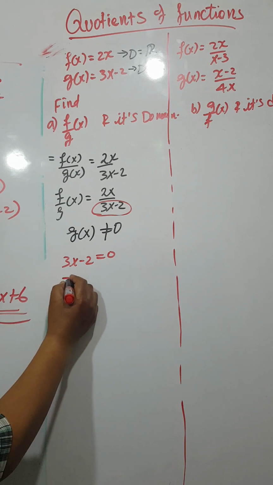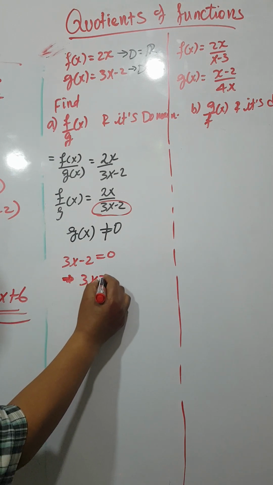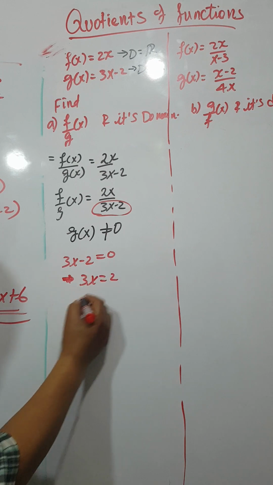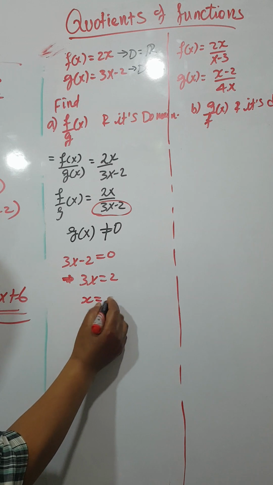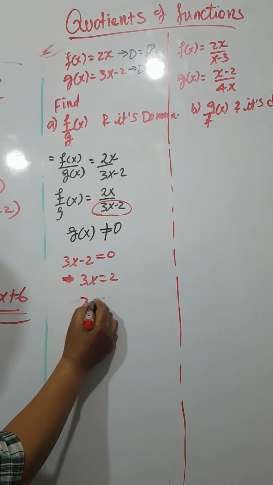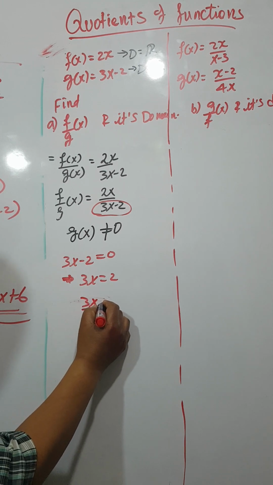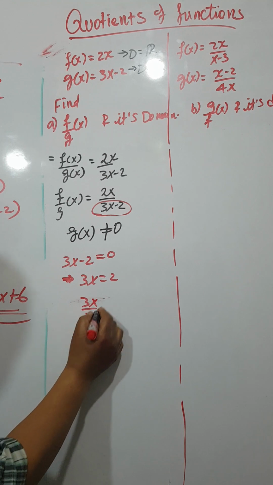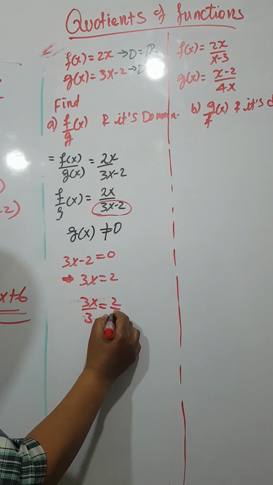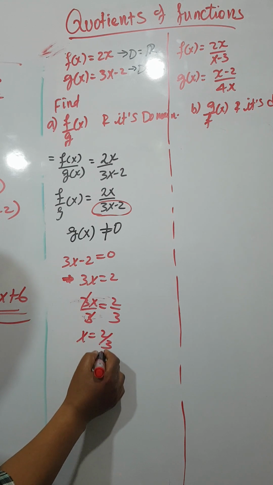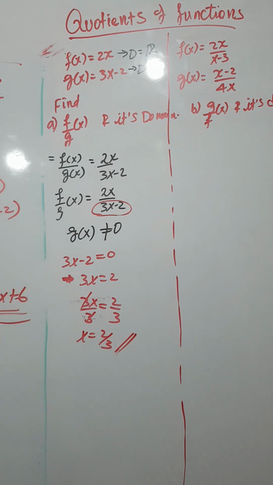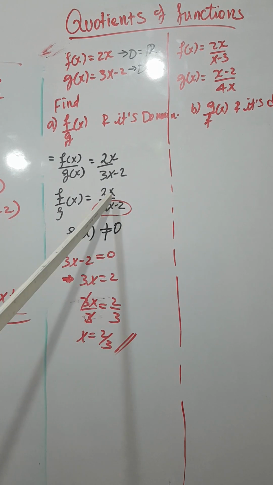This implies ይሄ ምን ይሰጠናል? 3x is equal to 2. ለሶስት ሁለቱንም ሳይድ ስናካፍል x is equal to 2 over 3. ስለዚህ የx ዋጋ 2/3 ሲሆን ይሄ ፈንክሽን